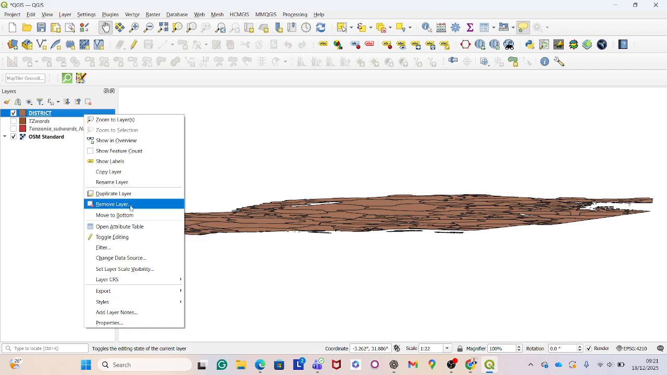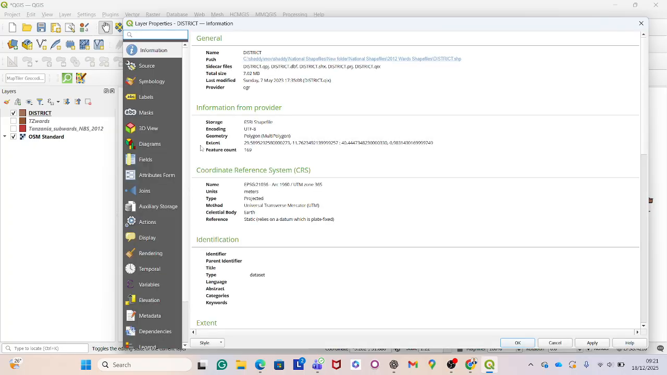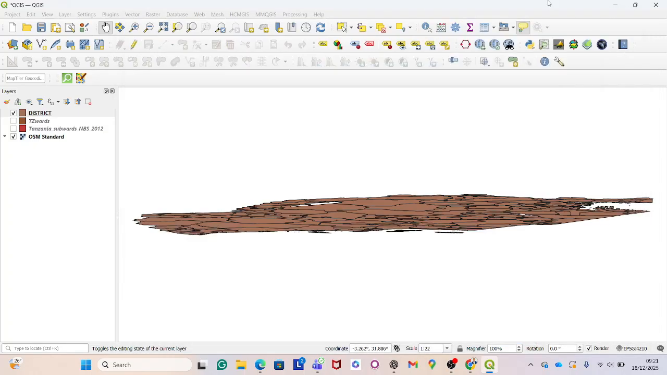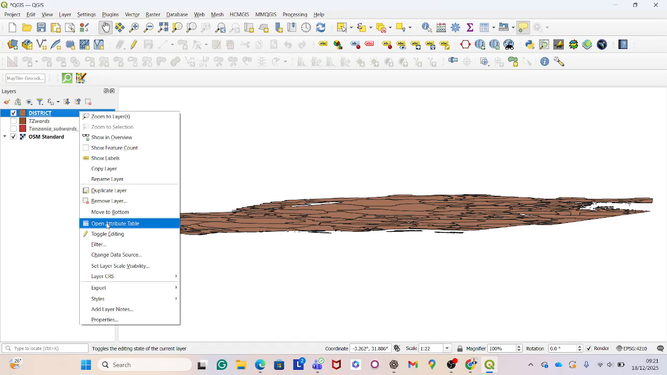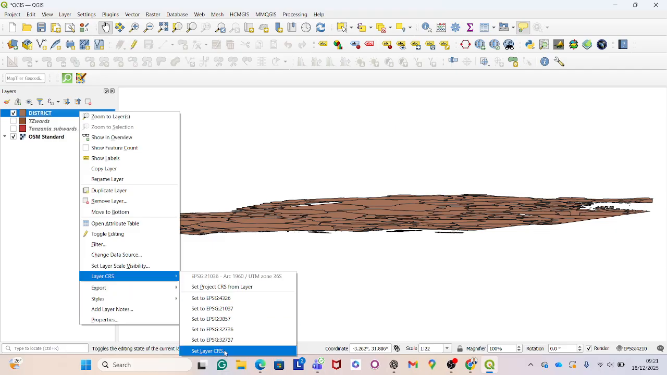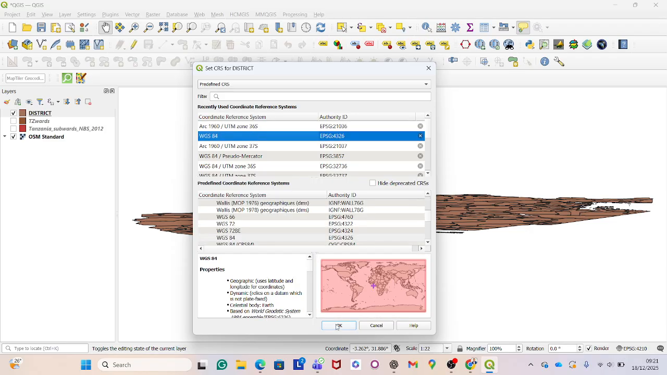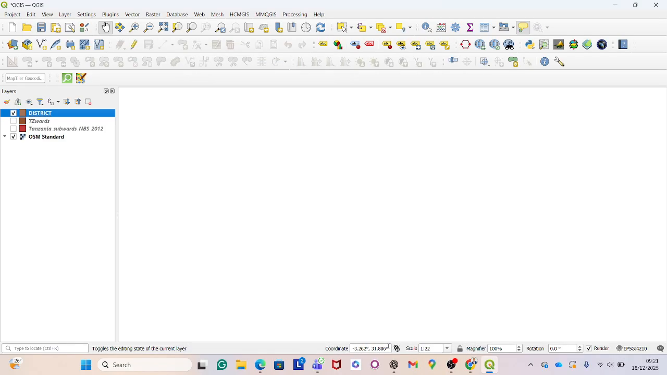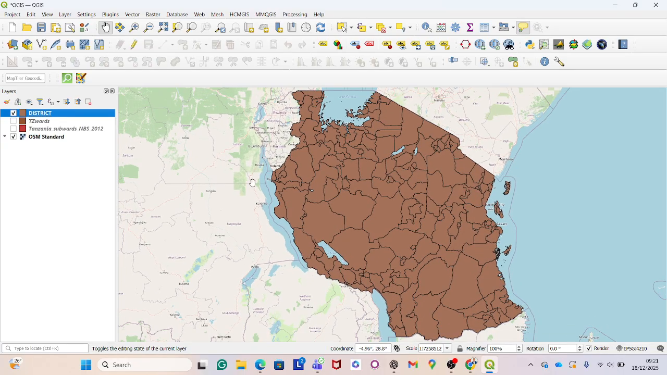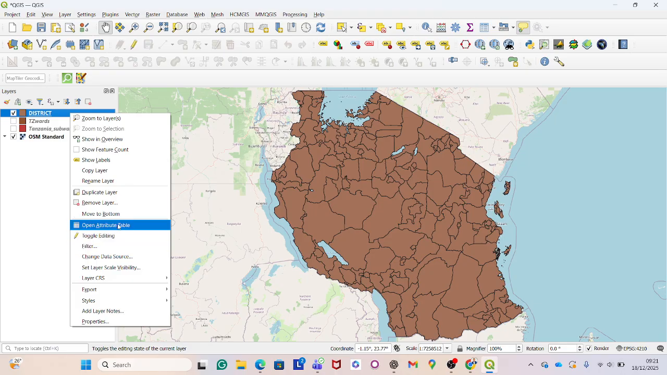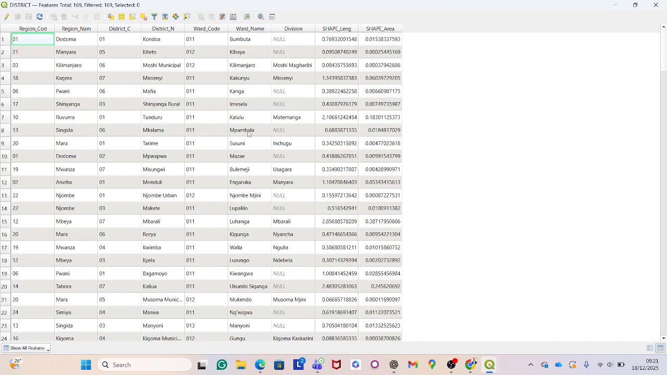Apologize. Remove attribute table. Layer properties. That layer is not working as well. Let me try another way. Okay, just like there. Yeah. So now I'll just right click and then go to attribute table, and then on the attribute